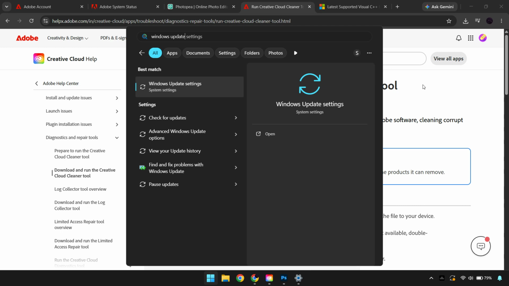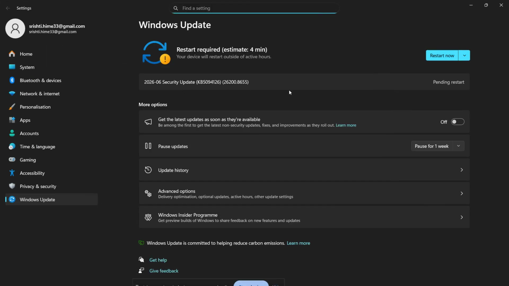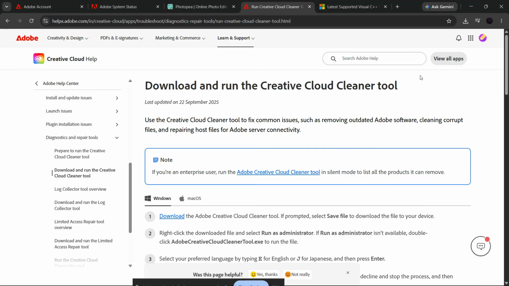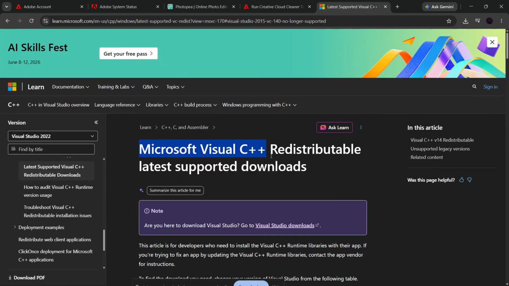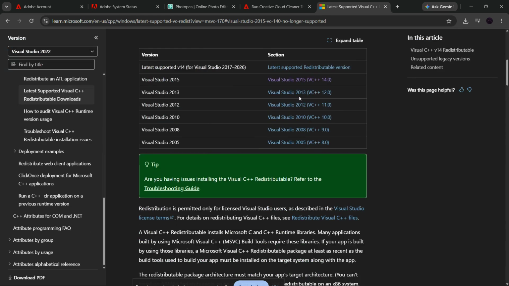To update Windows, open the Start menu and type Check for Updates, then press Enter. In the Windows Update screen, click Check for Updates and allow Windows to search for the latest patches. Download and install all available cumulative updates and security updates. If Windows asks you to restart, go ahead and do that before moving on. After Windows is fully updated, open your web browser and search for latest supported Visual C++ redistributable downloads on Microsoft's official support site. On the Microsoft page, look for the architecture table and download both